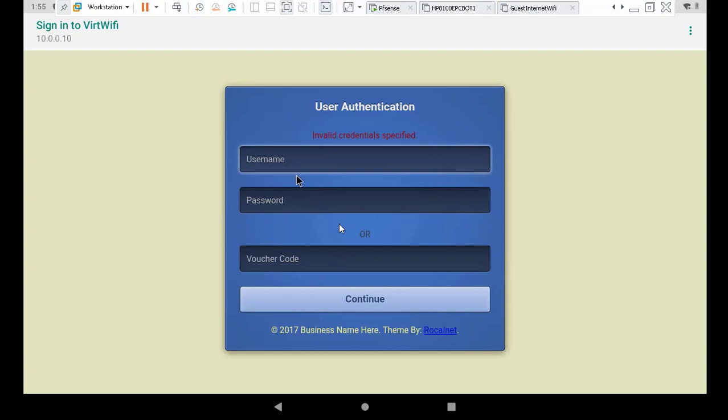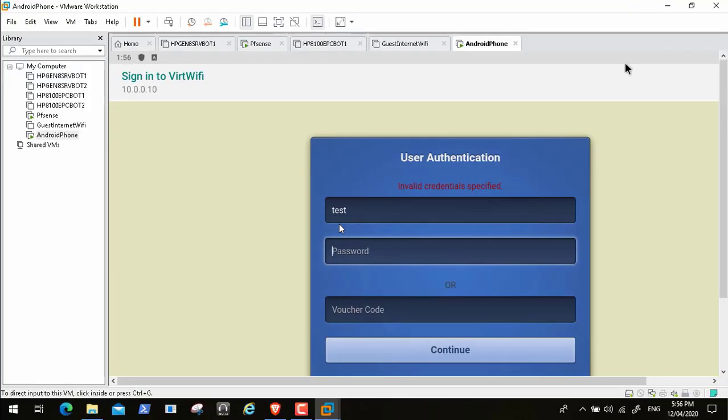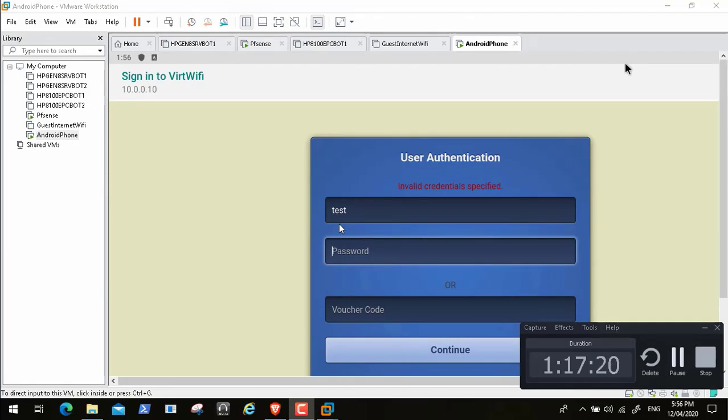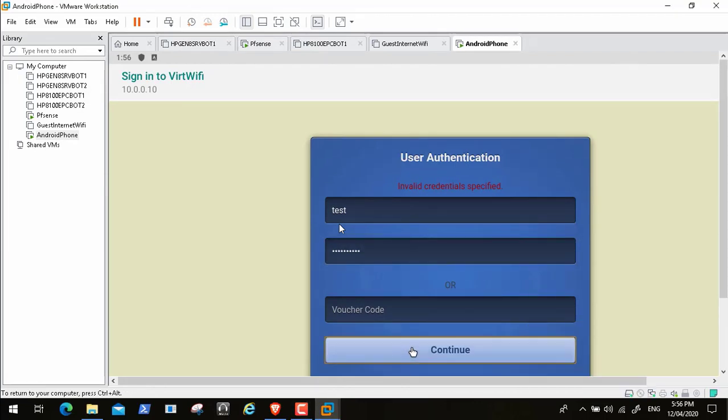Okay, see, the username and password is not correct, so we'll use a voucher or we will use a code. Still there is a problem with the certification, a problem with the username and password, so we will use a